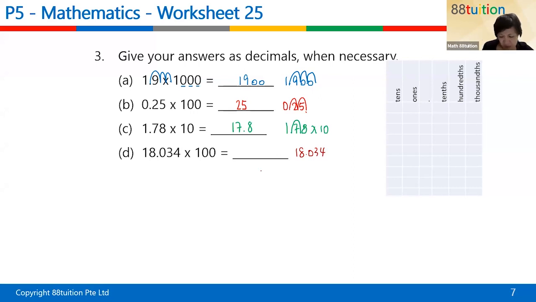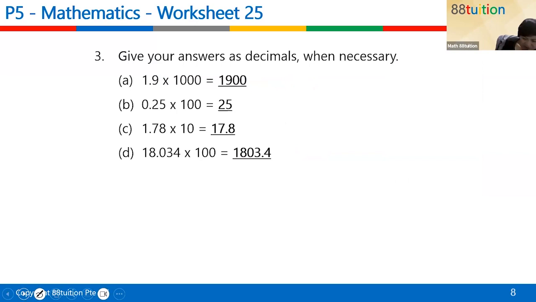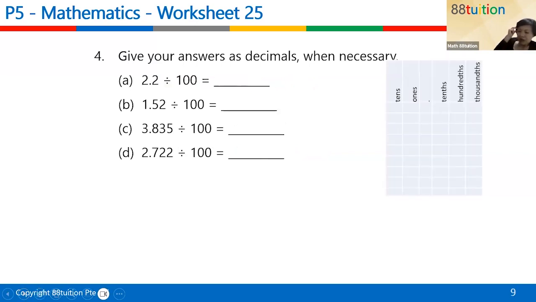Next question. He says 18.034 multiply by 100 by shifting 2 places. Ready, go. 1, 2. So you get 1803.4. Okay? Yeah, you're right. Next question. Divide. Then when divide, where do you move to? You move to the left or to the right? Just now for multiply, you